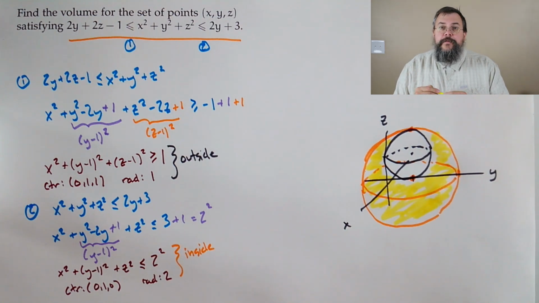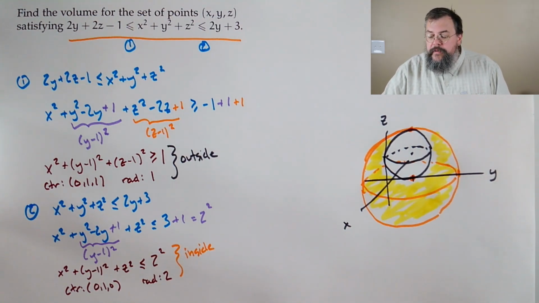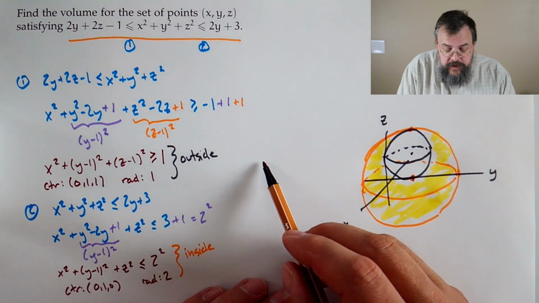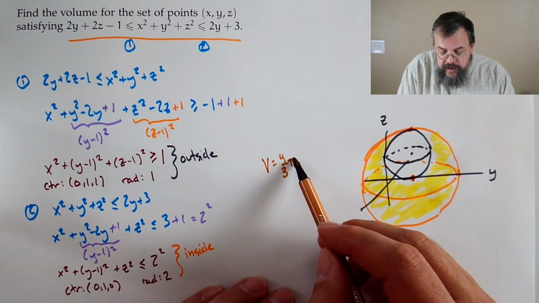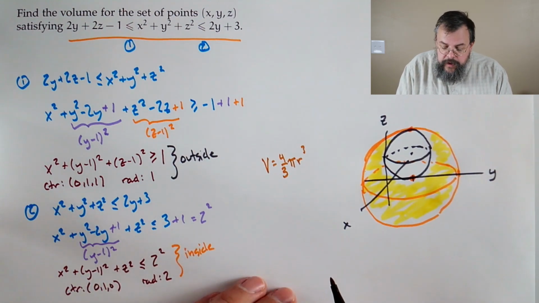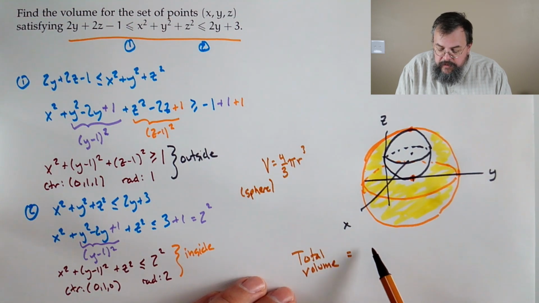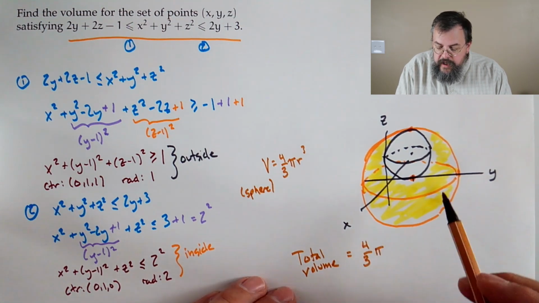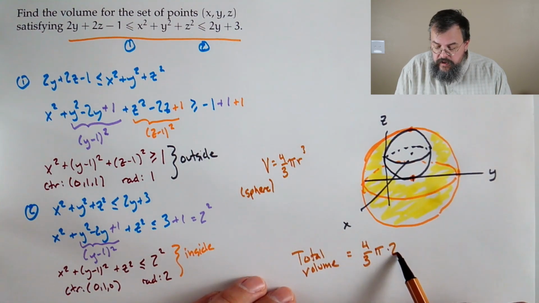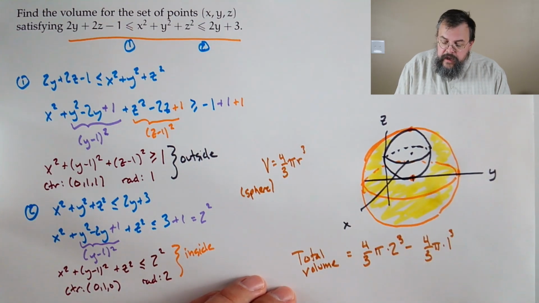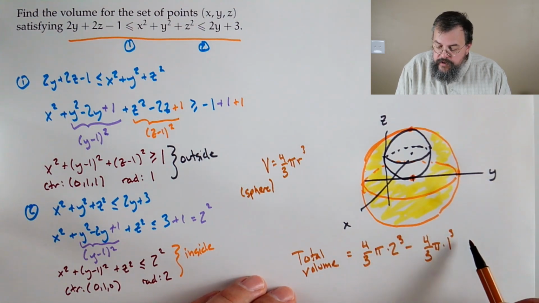Great. Now we say, perfect. Well, we just need to know the volume of a sphere. Well, we know that. I hope we know that. The volume of a sphere is 4/3 pi r cubed. So we have that the total volume, and I should say this is volume for a sphere, the total volume, well, we take the volume of the big part, so that's 4/3 pi, the big radius is 2, and subtract 4/3 pi, small radius is 1. And if we do it, well, 2 cubed is 8, times 4 is 32/3, subtract 4/3, which is